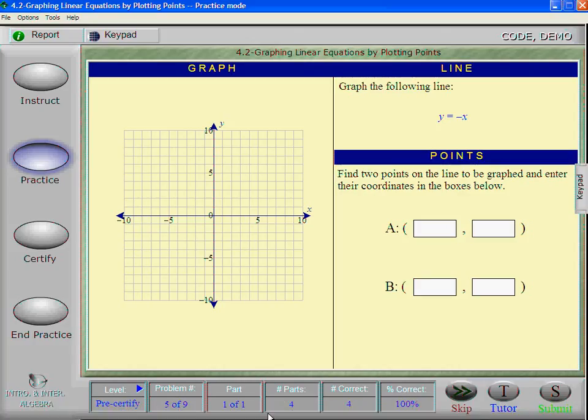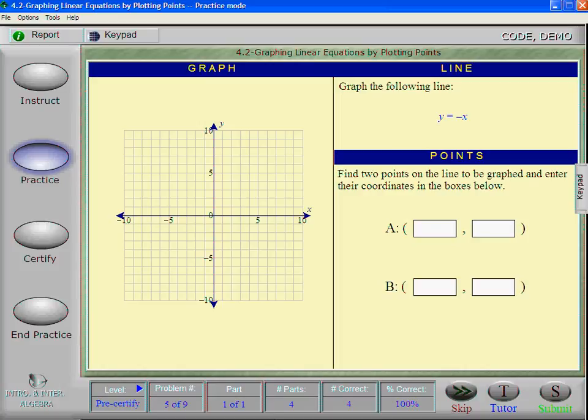Okay, so the third type is that they say find 2 points on the line to be graphed and enter the coordinates in the boxes below. But you look at the equation, you've got both variables there. You've got two variables, so you think about, okay, how do I graph this? You can find any 2 points, and what you'll need to do is think about this really in terms of